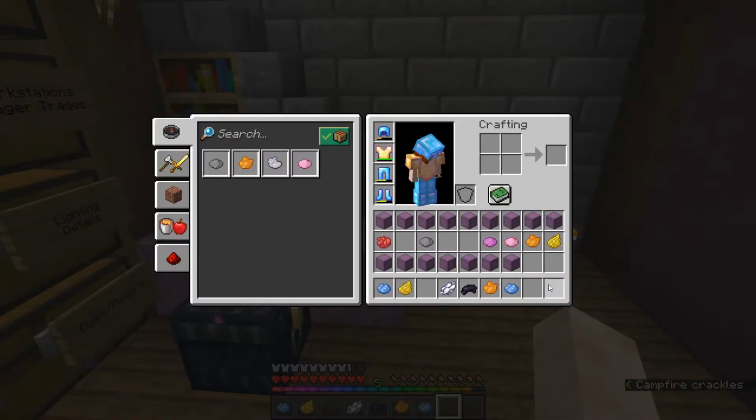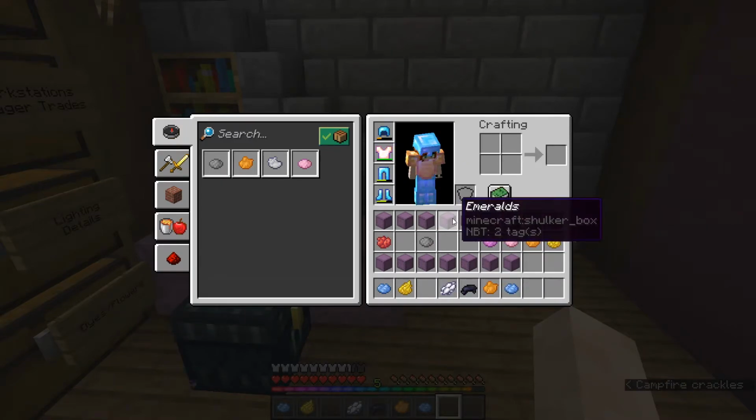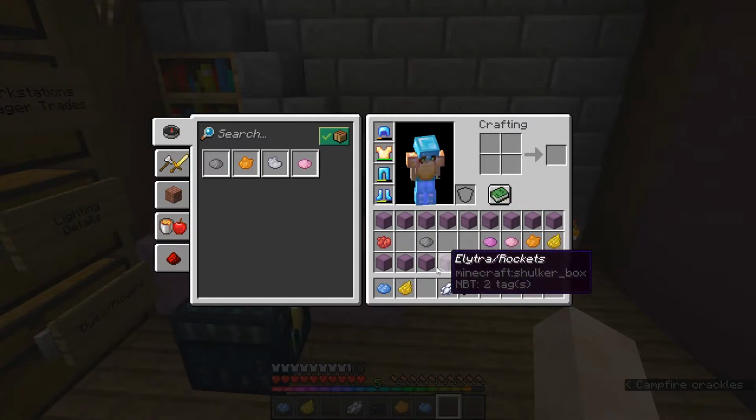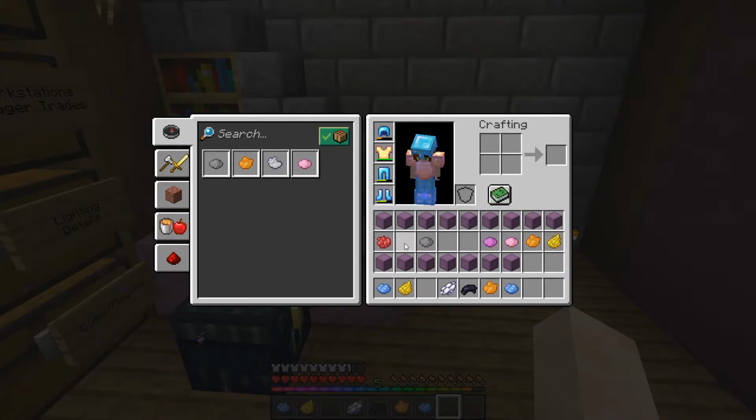Alright, now comes the dyeing. So I've just kind of laid everything out. The ones that are blank are ones that I want to dye either green or brown, which I don't have. So I want to dye emeralds lime green, farming regular green, beacon I want to dye lime green, and then the wood one I want to dye brown, which I don't have, but I'm just going to leave them regular